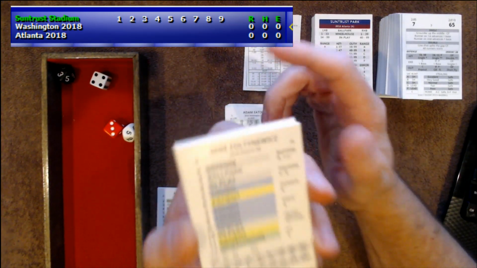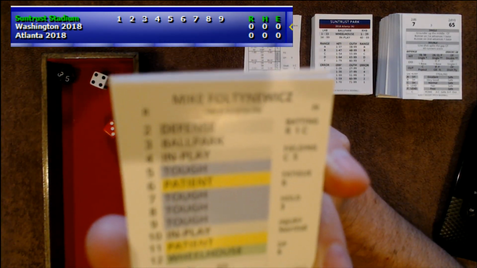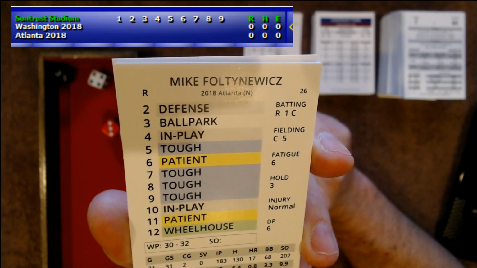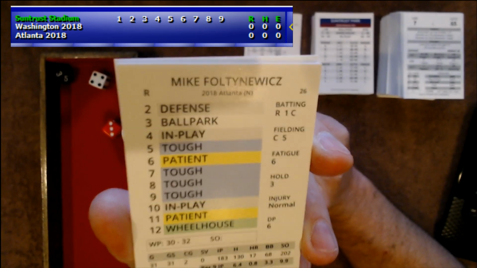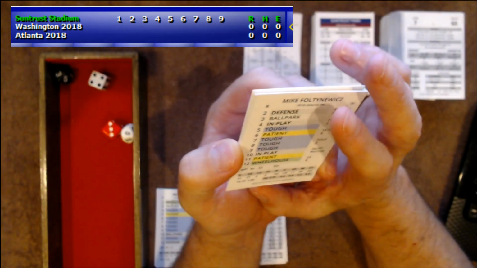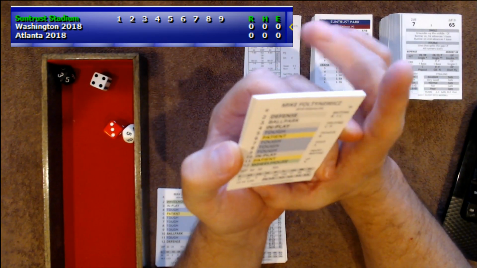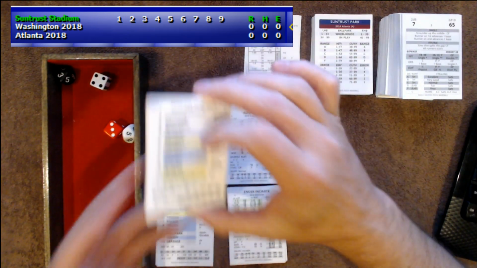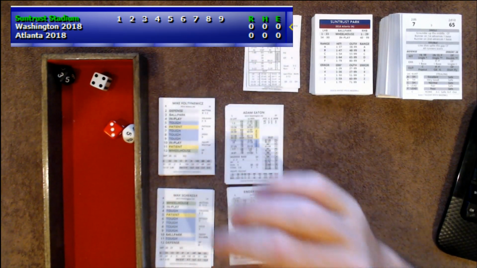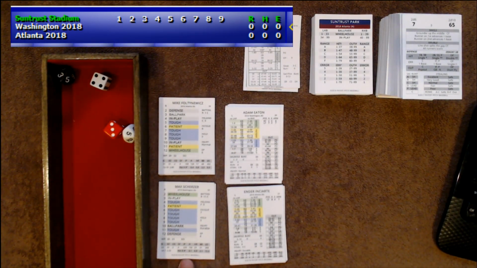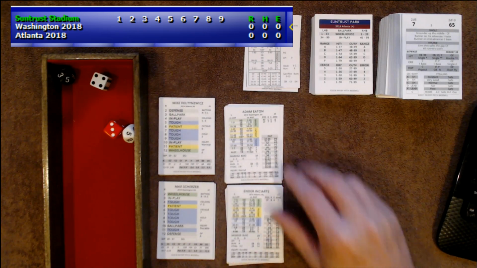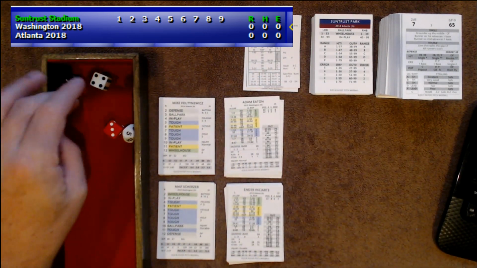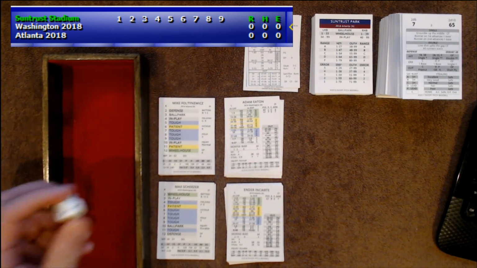Yes, I know I said that wrong. Mike Foltynewicz. He's got a pretty good card as well. He was 13 and 10 on the season, only a 2.85 ERA. He started 31 games, pitched 183 innings. Max Scherzer, 18 and 7 with a 2.53. So we could have a pretty quick game here if these pitchers cruise through the lineups as they tend to do.